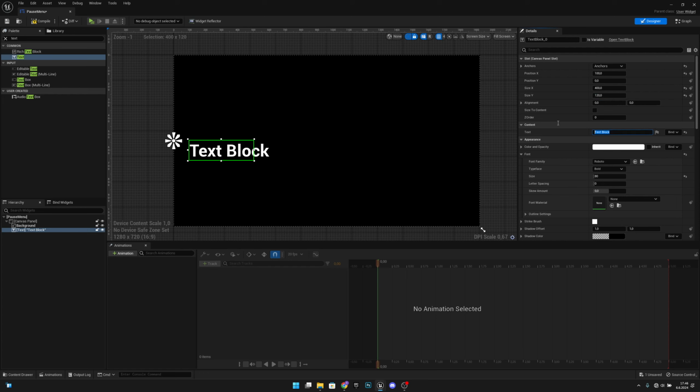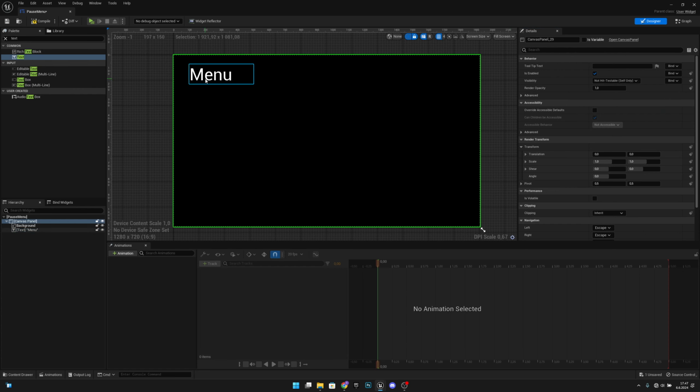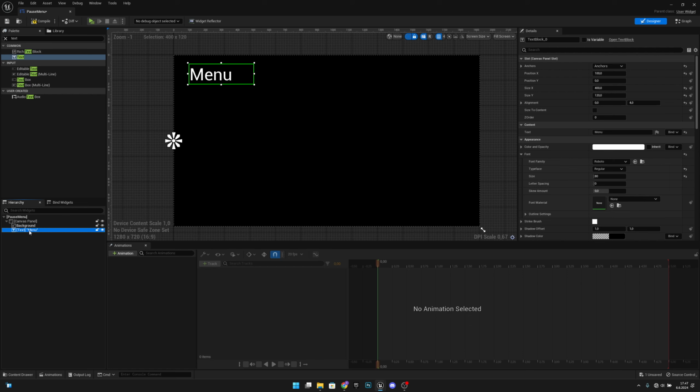Okay, now let's change the text to menu, like this. And let's change the typeface to regular. I don't know how to pronounce that. So, like that. Now let's go to the alignment Y, and let's make it 4. So it's there. Okay. Next thing we want to do, let's click this